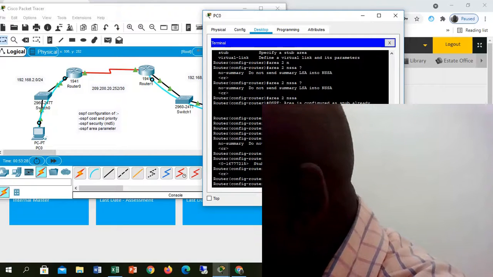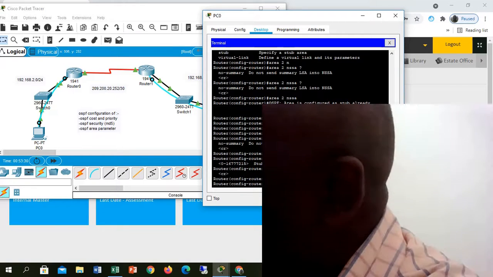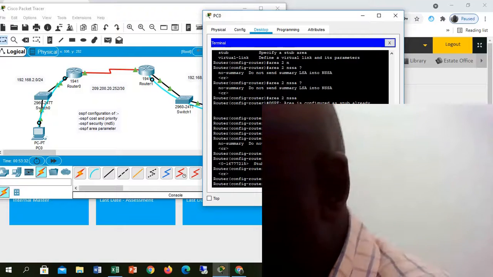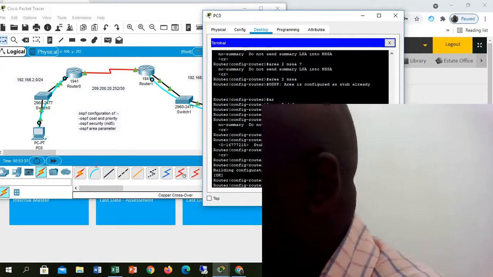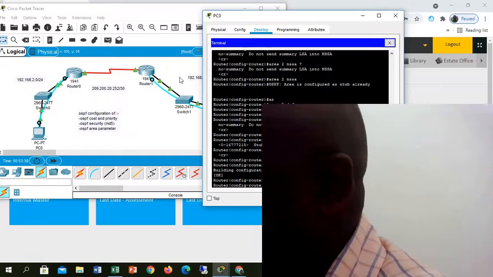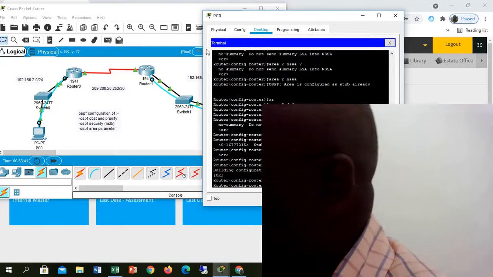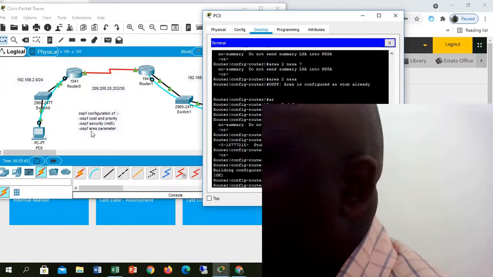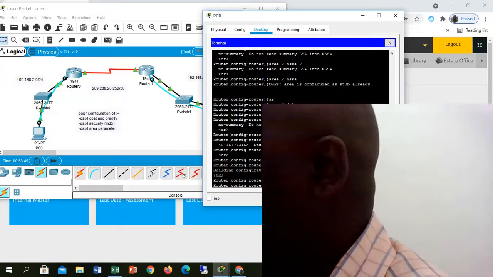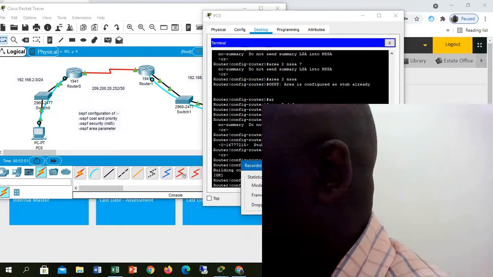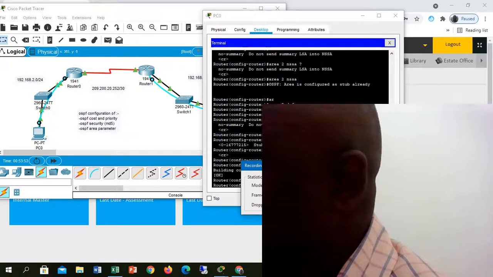But since we have not used the range, we shall go with this, and then let's save our configurations altogether. So this one here marks the end. I've configured the parameters, the security, and the OSPF cost and priority. So shall we end here for today, and may the good Lord keep you, and thank you for